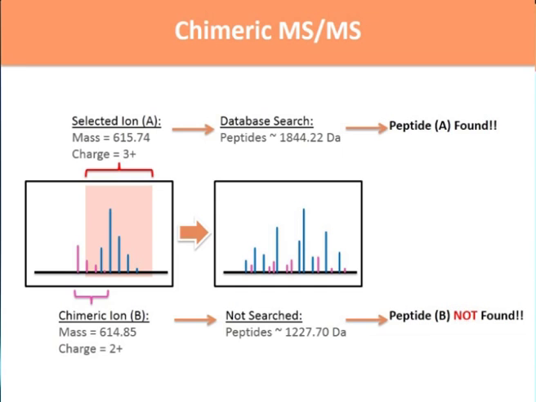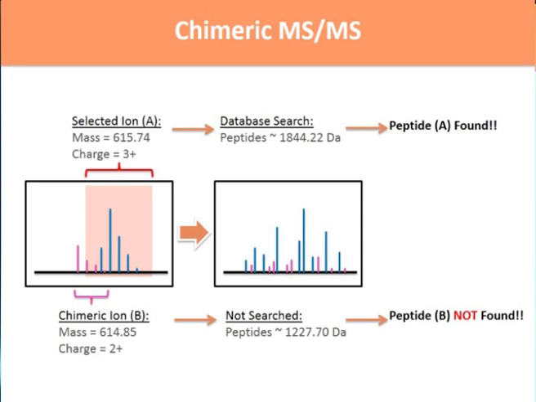So when Comet ran, based on the precursor mass and charge, it was only looking through the possible peptide sequences in the database that matched this mass plus or minus a small tolerance. But you could have a chimeric ion of very similar m over z. Remember, m over z is mass to charge ratio. So instead of 615.74, 614.85, still within the mass selection window of the instrument, but it's only at charge 2